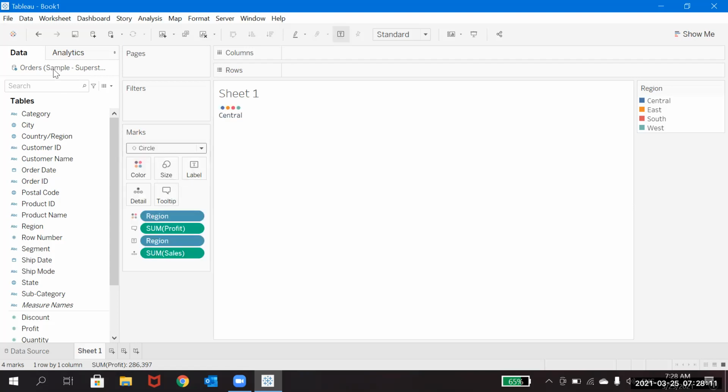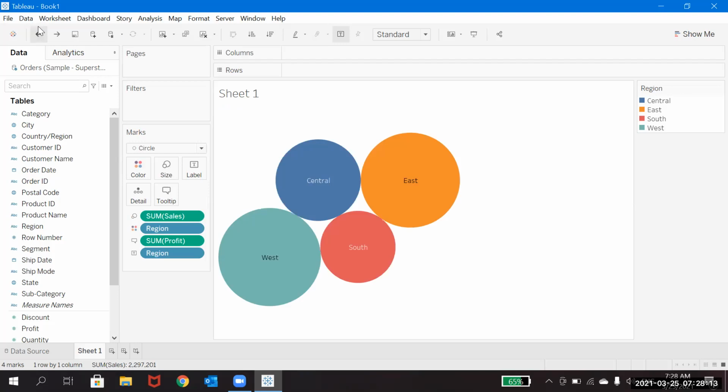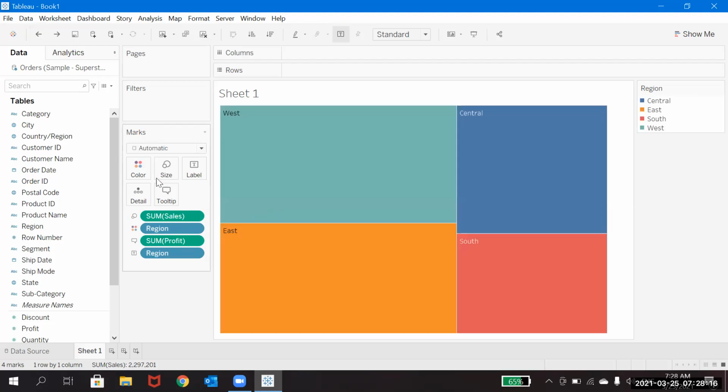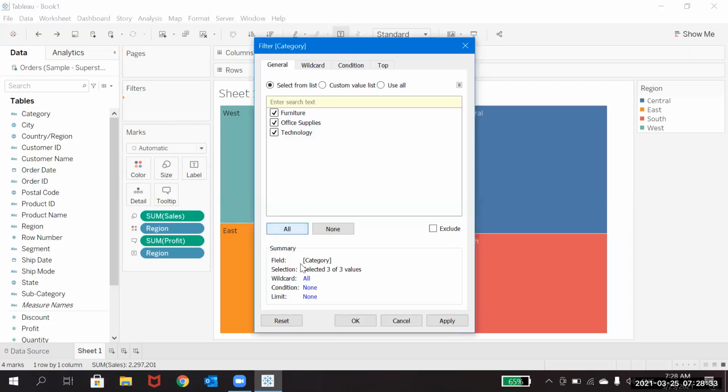So based on this, other than this, you might have seen filters and pages. Both will help us in creating the filters only. Let's say you want to add some filter. Maybe I just added this filter here.